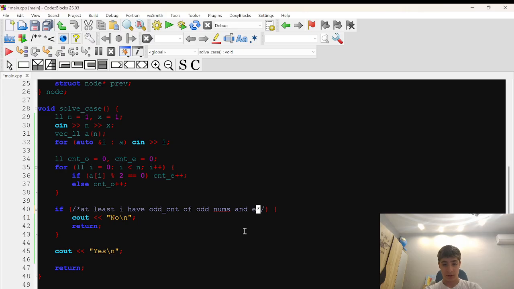And even is user friendly, convenient for odd count. Then it's going to be yes. Otherwise it's going to be no. At least I have an odd count of odd numbers and